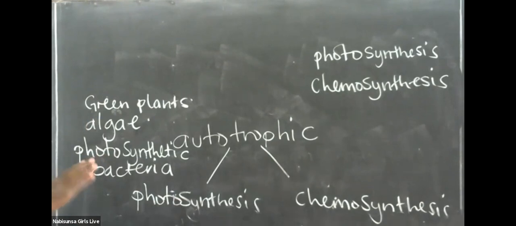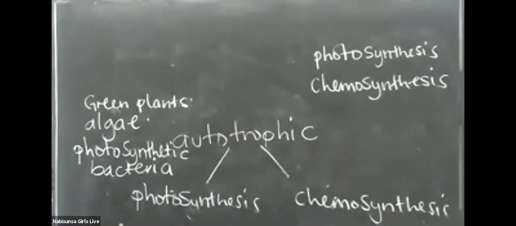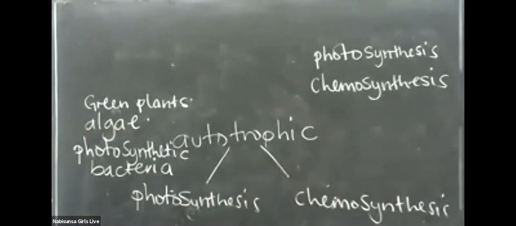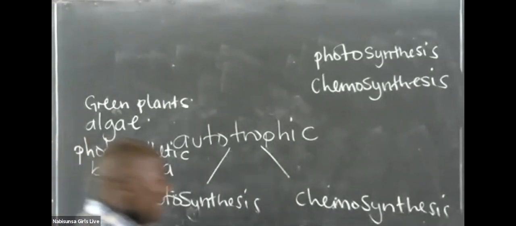At any one point, from one level to the other level, things go on being changing and broadening. Are you getting it? So when we are defining photosynthesis this time, we shall not say photosynthesis is where green plants are. No. I will not use that. I'll just say photosynthesis is where organisms, in order to include the algae and the photosynthetic bacteria. That's why I have to use organisms rather than green plants.